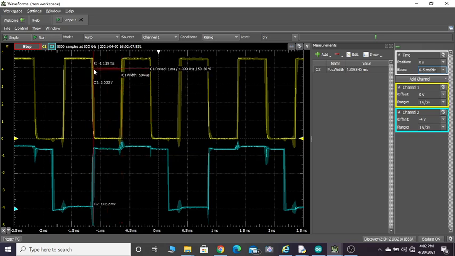You can see this is one trigger signal. You are having one more trigger signal here. Even though you have one more trigger signal, since it has not yet completed its pulse width, it is not again starting from here.